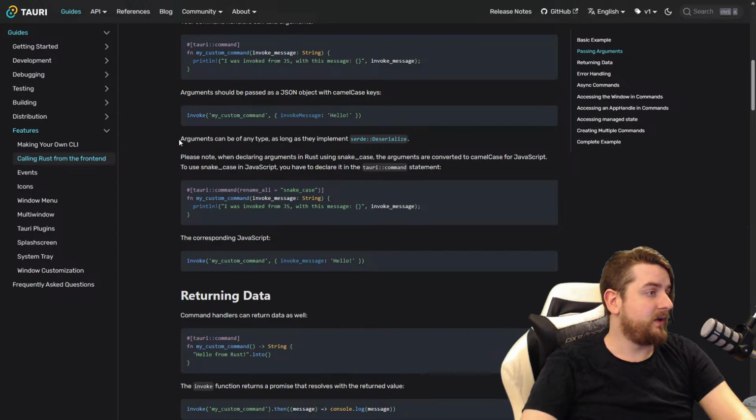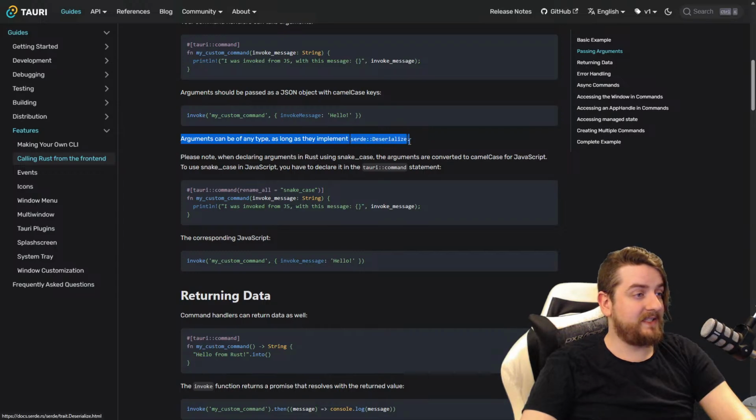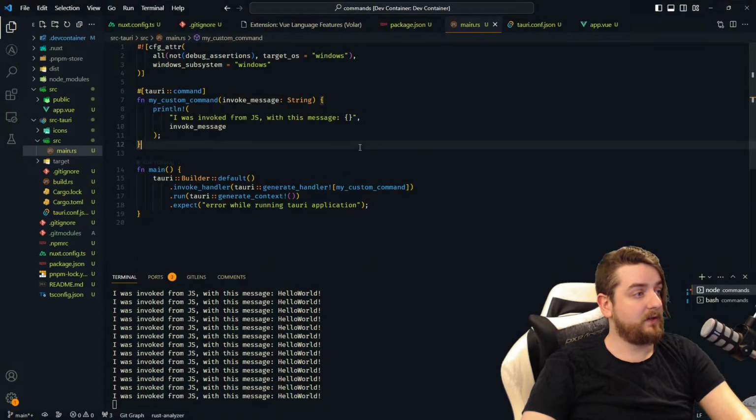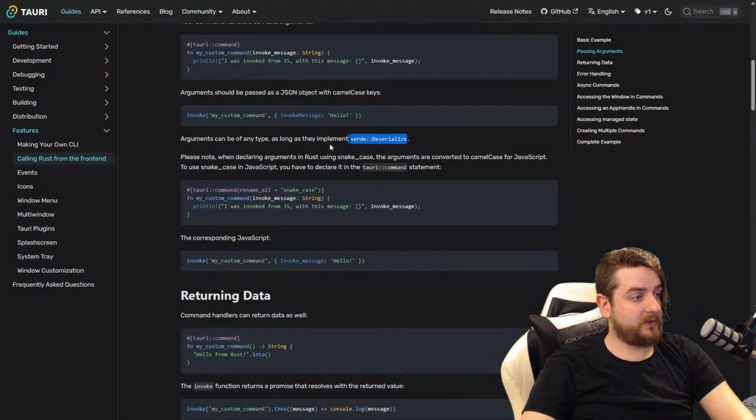Anyway, arguments can be of any type as long as they implement serde Deserialize. This part is important if you are making custom return values of any kind that there isn't a standard implementation of Serialize or Deserialize for. So if we want to return something from this,